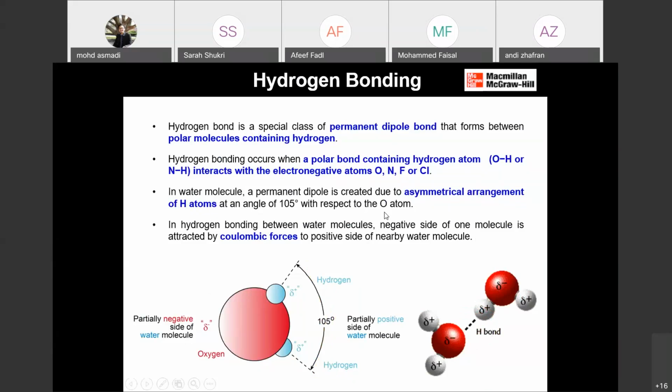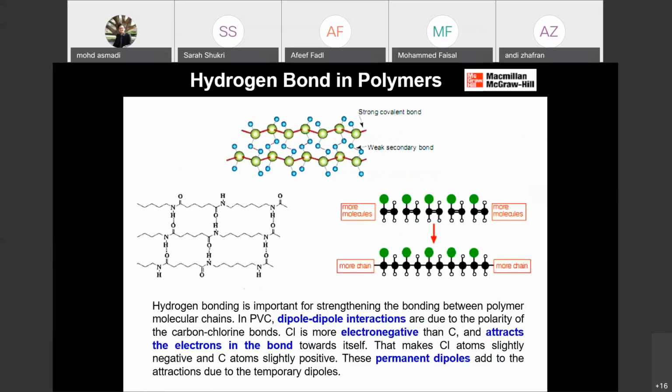So we have to remember that between water molecules they have bonding. Of polymers, for example PVC, and what else? Cellulose, another type of composition in biomass, just like cellulose, hemicellulose, lignin. Cellulose is made of glucose units. You can search online what a glucose unit is. When all the glucose monomers become a polymer, we call it cellulose. Between cellulose molecules they also have hydrogen bonding, and it's very strong.